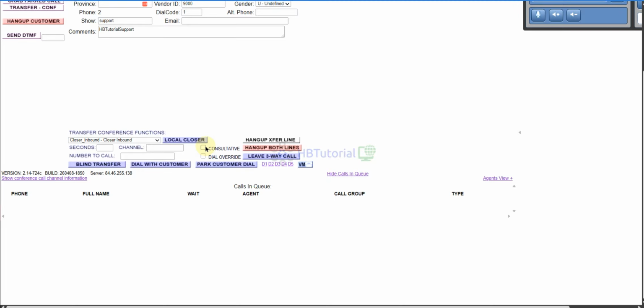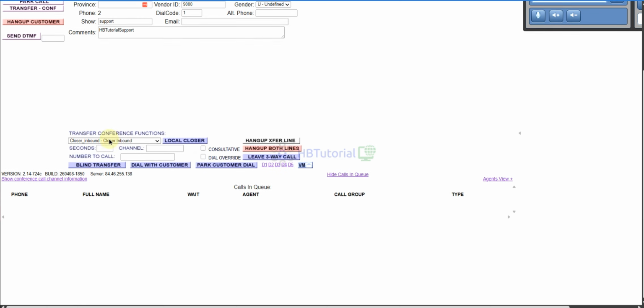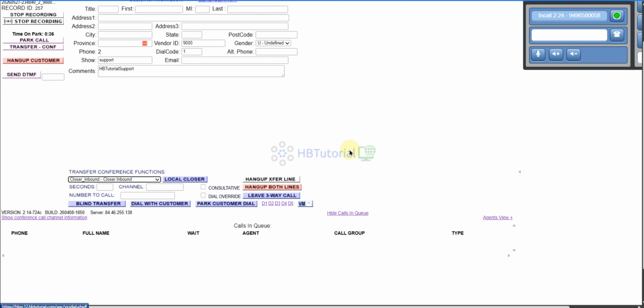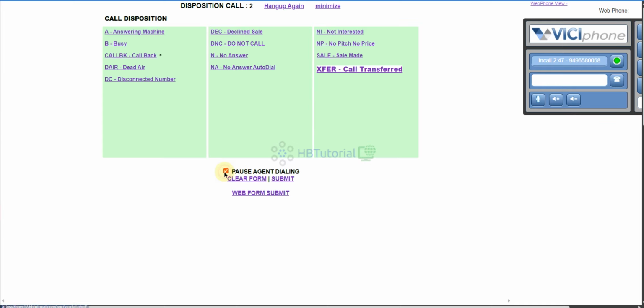First, you click closer, and if you do only a blind transfer, you can click the local closer. It means it will transfer to the local inbound automatically.